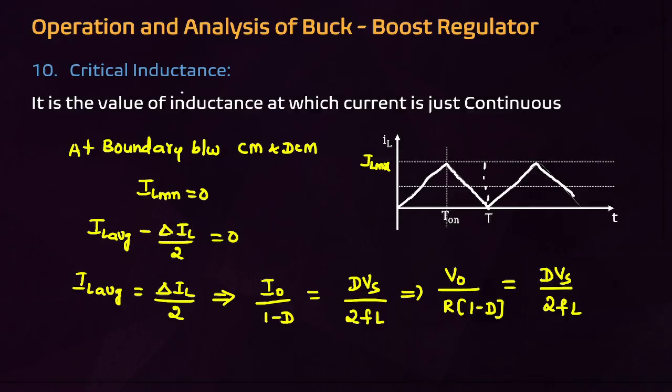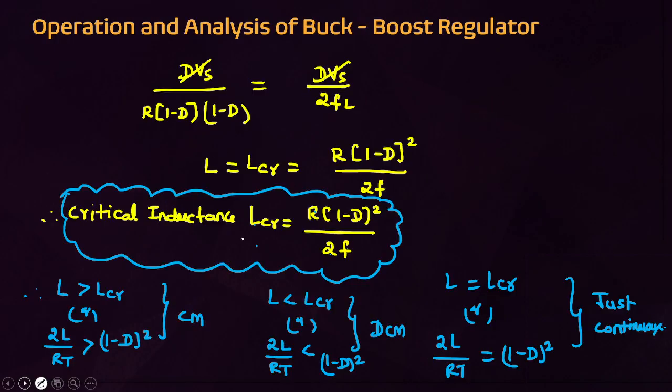Next, what is the critical inductance? This is the formula for critical inductance. This formula is different as compared to boost regulator. In boost regulator, you get D into (1 minus D) whole square, but here it is only (1 minus D) whole square. If L is greater than LCR, continuous mode; L less than LCR, discontinuous mode; L equal to LCR,